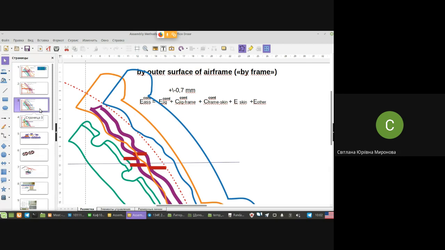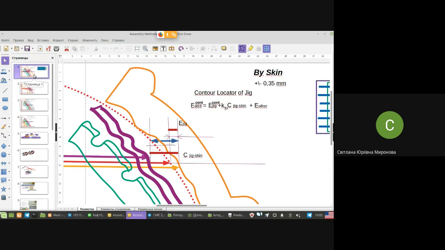Why? Because in this case we are starting with locating of each element of the transversal skeleton of the aircraft, and it means that in front of each element of the skeleton you must have a contour locator. Next, the second in amount of locators is locating by outer surface of skin, when we may place locators approximately at a distance of around 1 meter, let it be 1 meter,